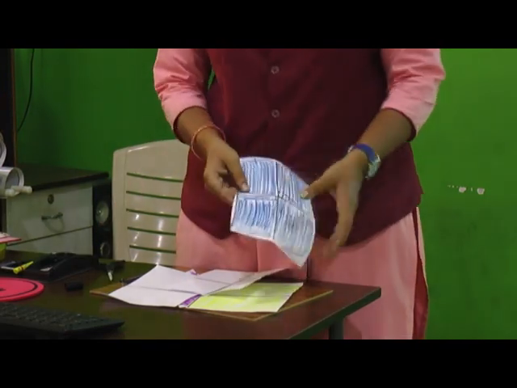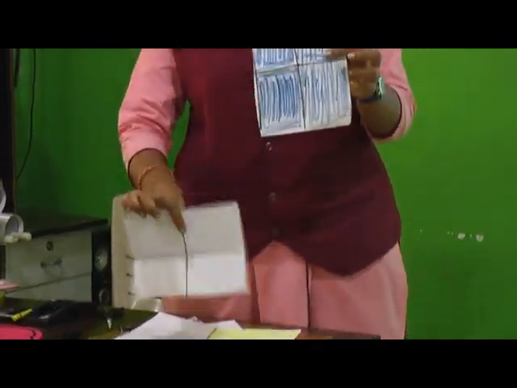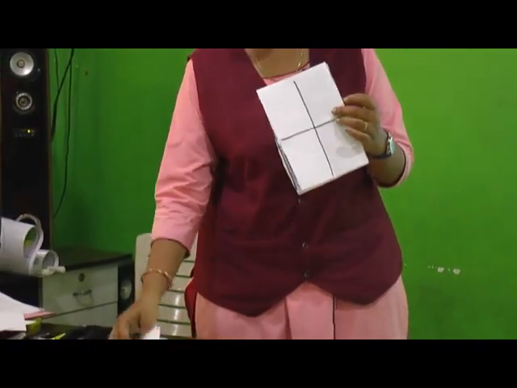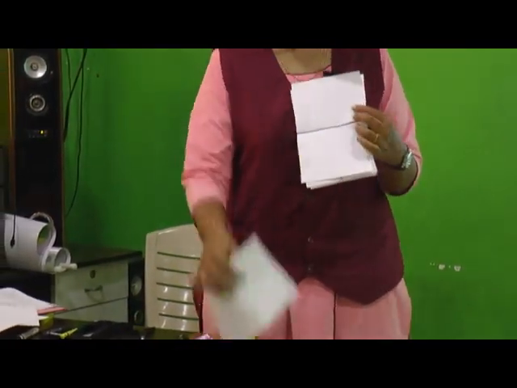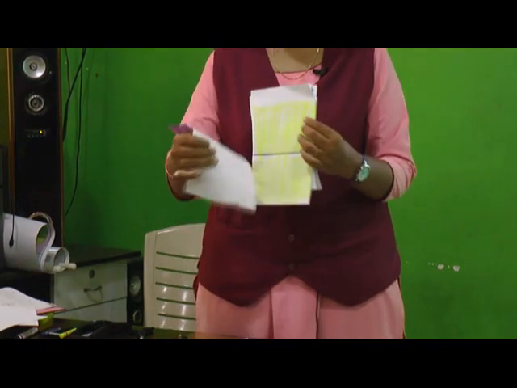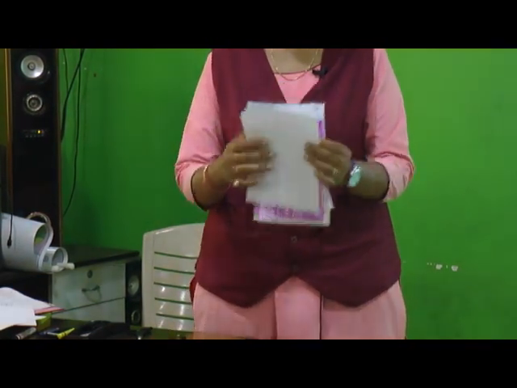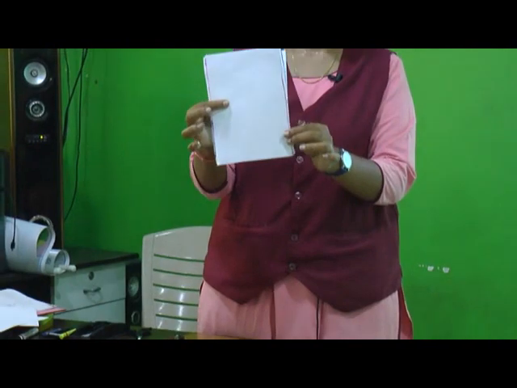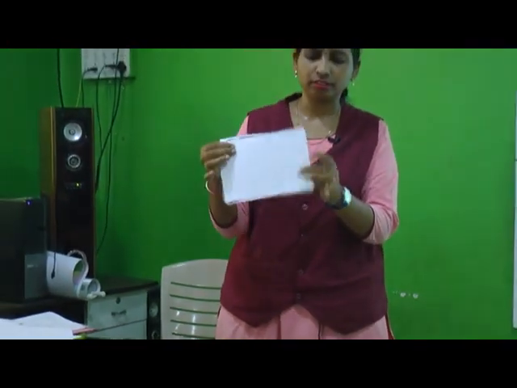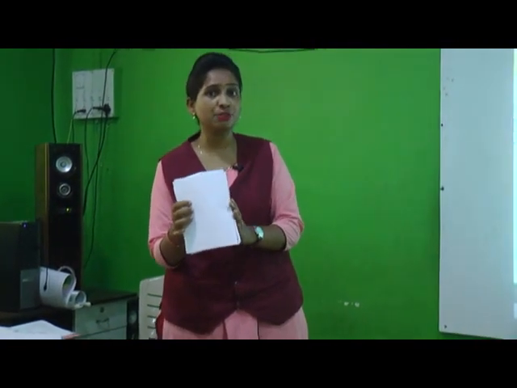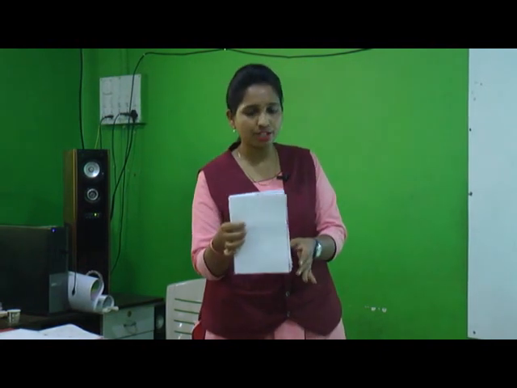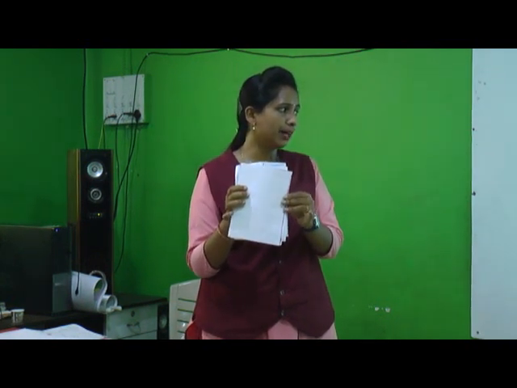Okay, done. Now see, if I put all the shapes together, what can you observe, students? There are different parts we have made, different parts we have shaded. One part we have shaded, 2 parts we have shaded, 4 parts we have shaded. But when I join all together, what can you see? Can you compare?